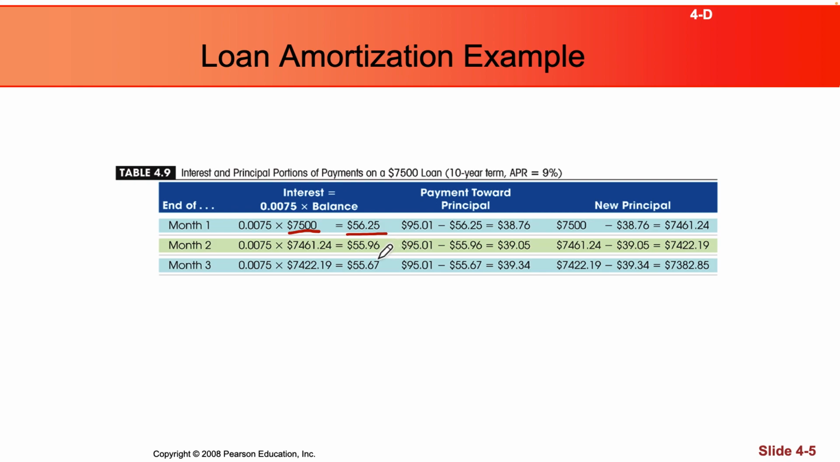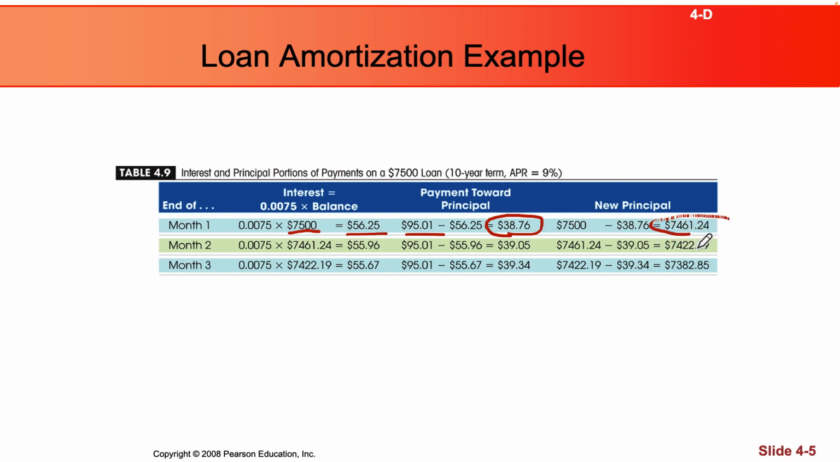So that kind of gives you the lowest. You can't pay less than 56 because that's your interest. But anything you pay more than that, and like this one, they came up with a payment of $95. So they subtract off the interest. Whatever's left goes to reduce the loan, and then you've got a new